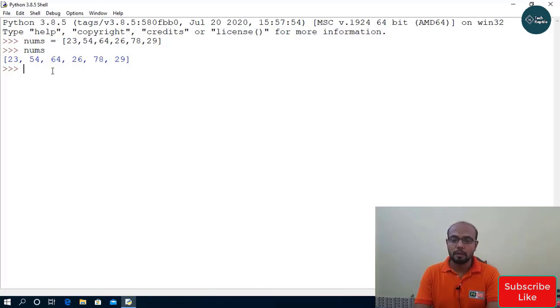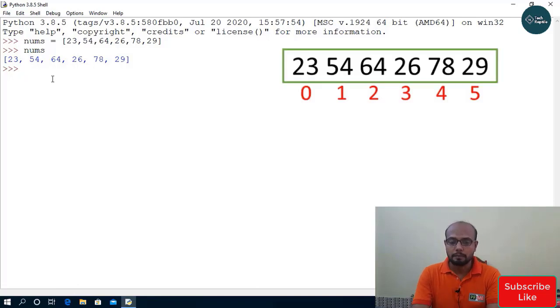If I want to get the first value, my first index number is 0 because in computers numbering starts with 0, so my nums will be indexed 0, 1, 2, 3, 4 and 5. If I want to get the first number of my list, then I should use the 0 index value. Look at this, I have got the first value. If I want to get the last value of my list, then I should use the last index number, which is 0, 1, 2, 3, 4, 5. Yes, I have got this.